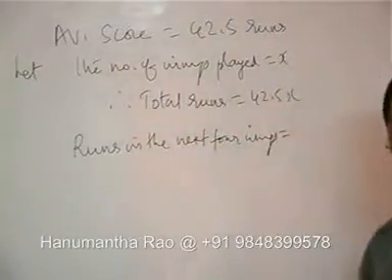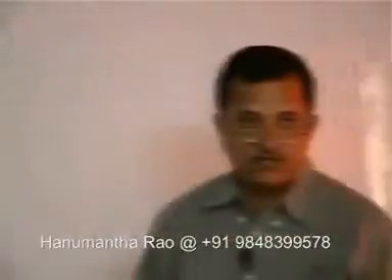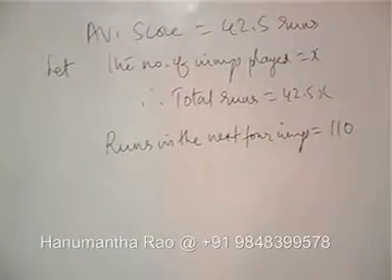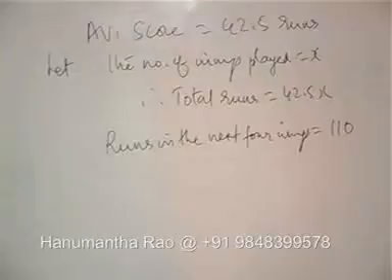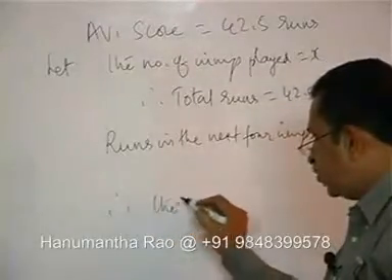Runs in the next 4 innings put together is how much? 110. Runs in the next 4 innings is equal to 110. Therefore, the new average,